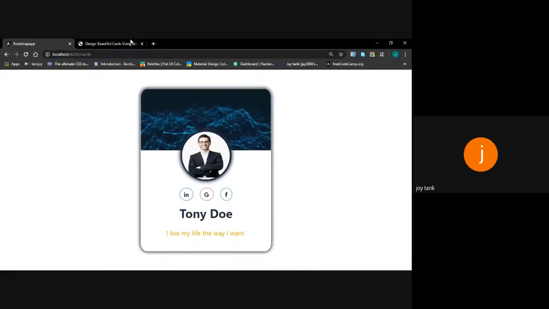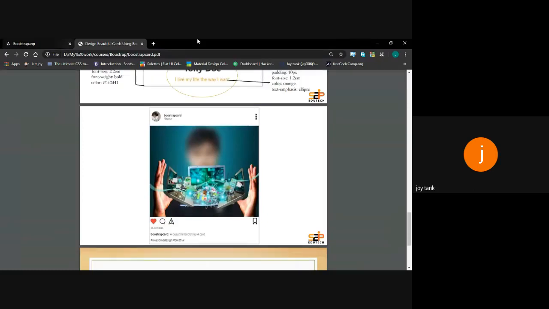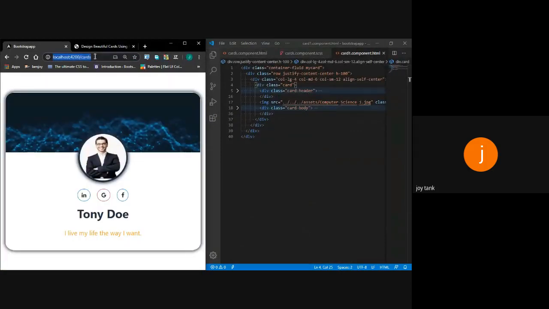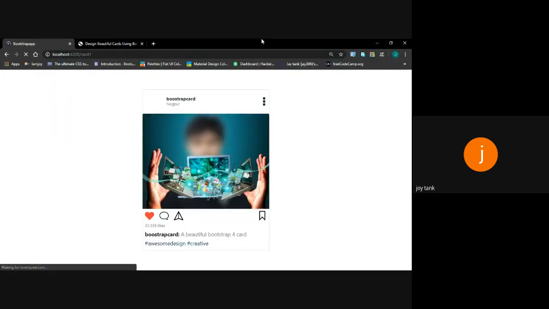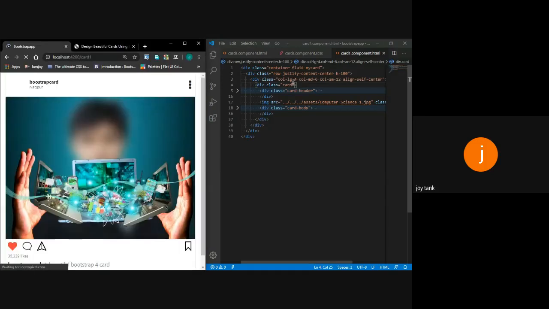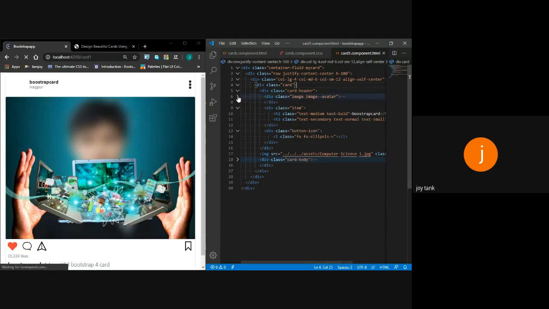So we have extended our time. I think I have coded some part for you. I will explain it so that it would be familiar to you. So this is a card I've designed previously for you. So I will explain the code to you and likewise we will run.